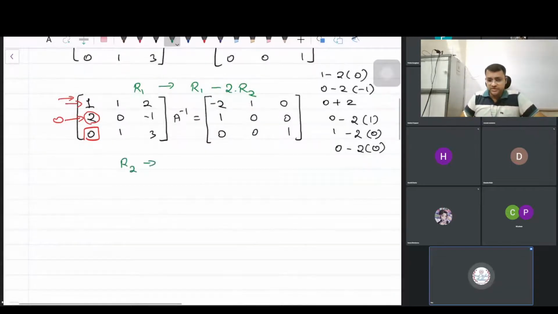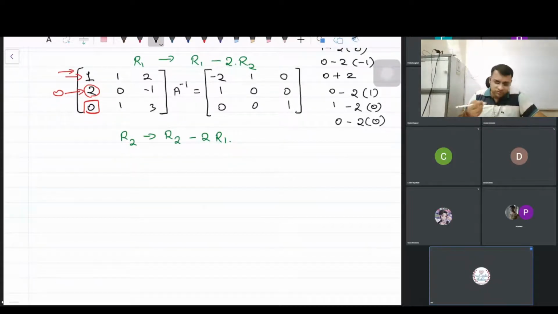R2 changes to what? Please try guys. It's okay if you are making any mistake. R2 minus. Superb. It is R2 minus 2R1. That is perfect. It's okay guys if you make a mistake in transformation, because this is the very beginning, just 2 or 3 sums you have solved and this is the first 3 by 3 sum, so even if a mistake happens, there is no problem. If you make a mistake only then you will learn. So do it, try it. Just don't leave it like that.